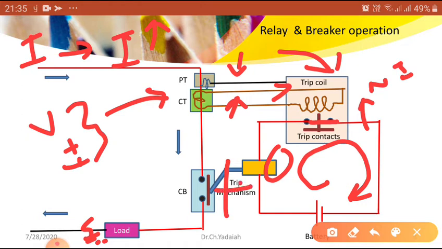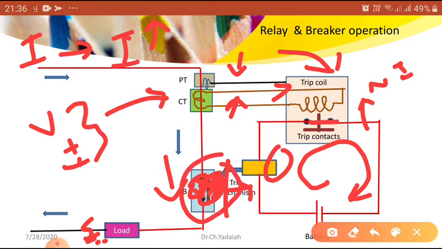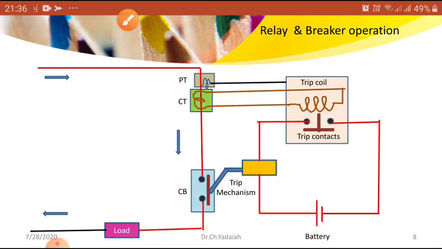It will move in this direction. Then whatever current is coming here is stopped. Once it is stopped, a spark may occur. So this spark, this arc, is quenched. This arc can be nullified by these methods. What are the methods? High resistance method and low resistance method. We are going to learn these methods in this session. This is the basic aim of our class today.